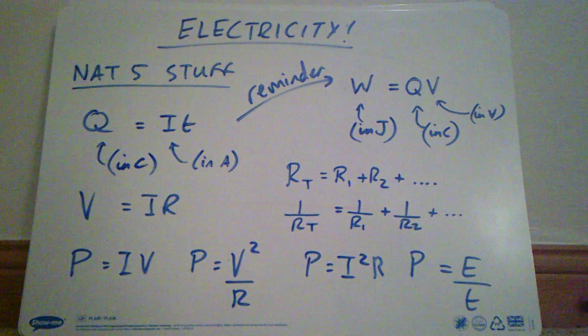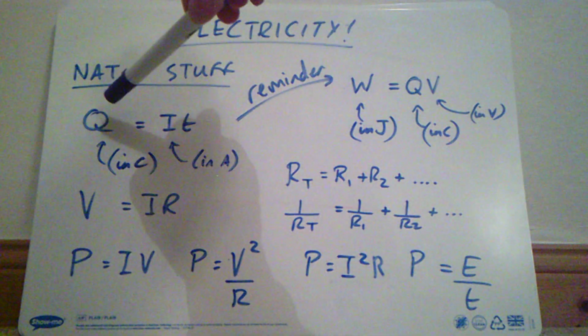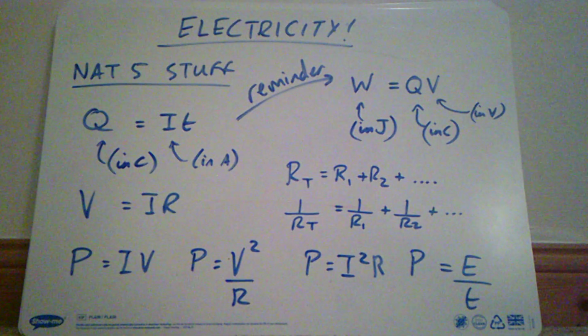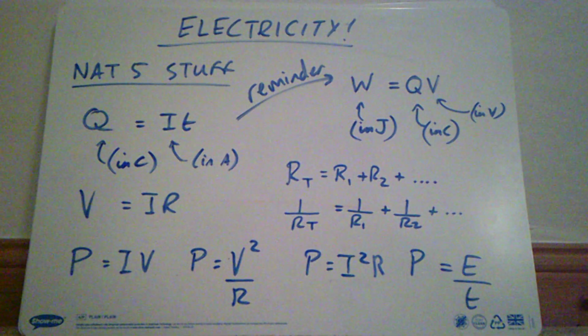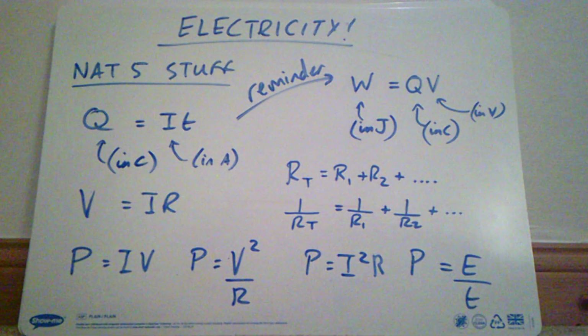So the electricity topic starts with some Nat5 stuff. Quantity of charge, measured in coulombs, is current, measured in amps, times time. The only other formula with quantity of charge in it is the one we looked at when we looked at